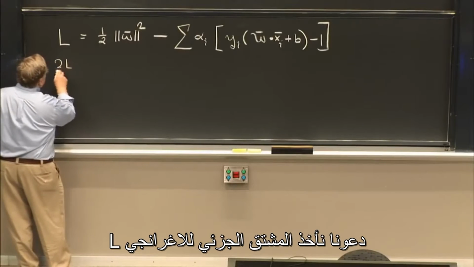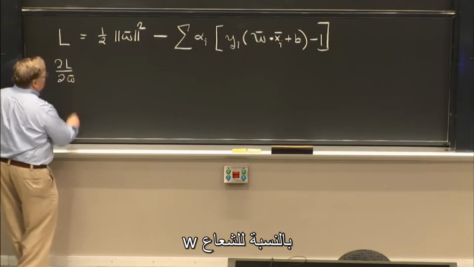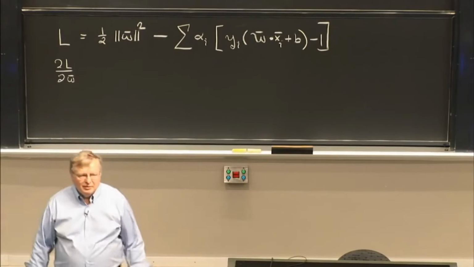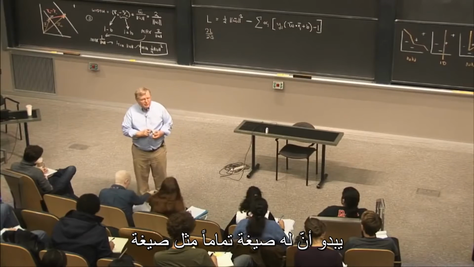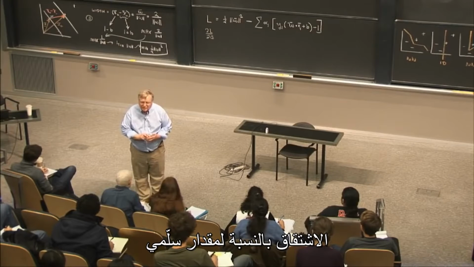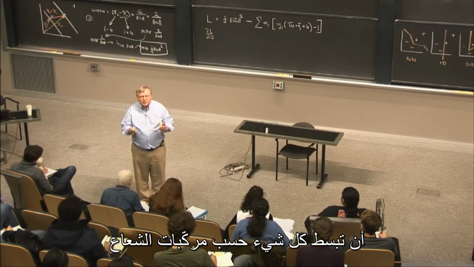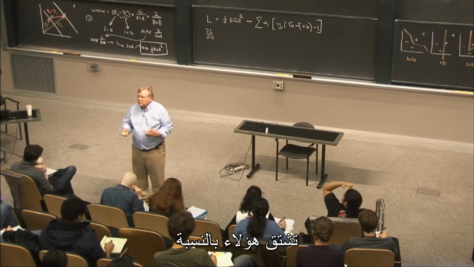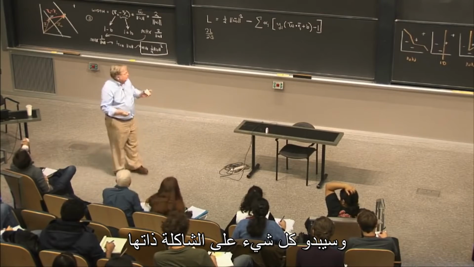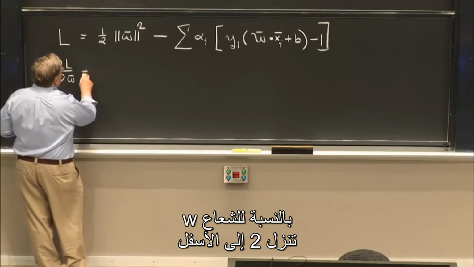So let's see if we can do it. Let's take the partial of L, the Lagrangian, with respect to the vector W. Oh my God, how do you differentiate with respect to a vector? Turns out that it has a form that looks exactly like differentiating with respect to a scalar. And the way you prove that to yourself is you just expand everything in terms of all the vector's components. You differentiate those with respect to what you're differentiating with respect to, and everything turns out the same. So what you get when you differentiate this with respect to the vector W is